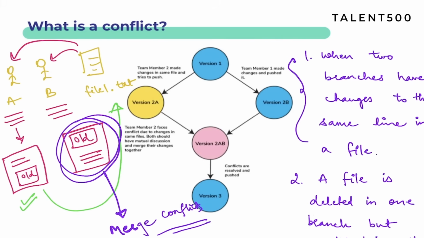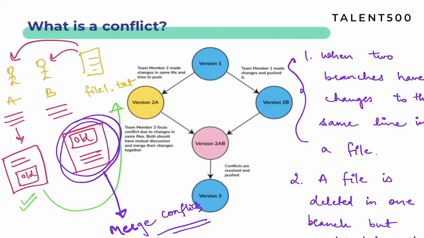So in such a case, again, Git will become confused in figuring out what to keep and what to discard. These are the conflicts which you will have to go ahead and solve manually. And of course, you will also have to discuss with the team, because Git will not be able to predict whose changes have to be given precedence. It is not going to understand which one should be given the priority.